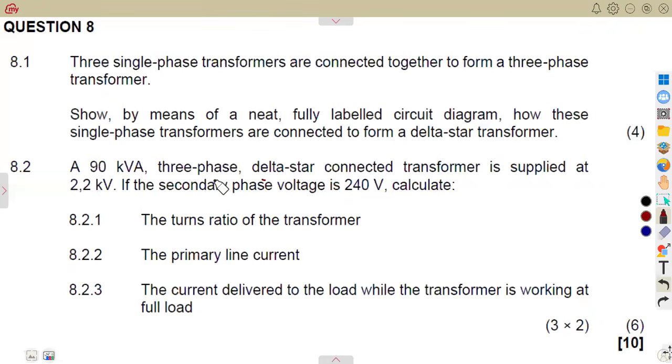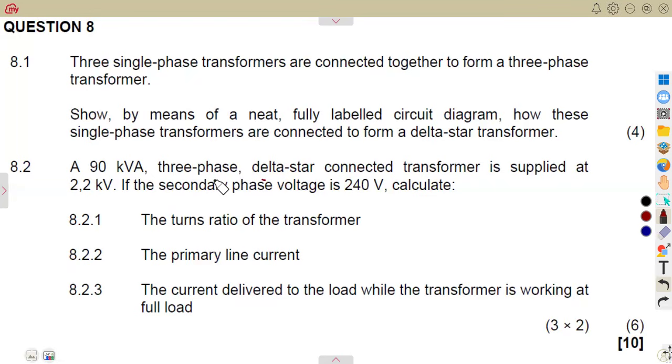Okay, guys, in this platform, we want to consider typical questions again on our transformers. I want us to understand the difference that we are going to have on a three-phase. Remember, we talked of the transformers on a single phase, whereby you are just working with the normal consideration as you are used to. So working with the three-phase connection of the transformers, it is actually a combination of the three single-phase transformers which